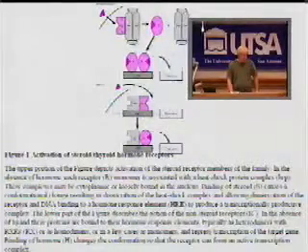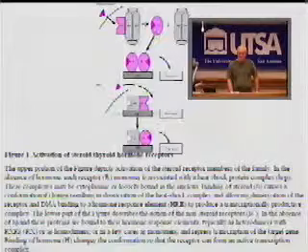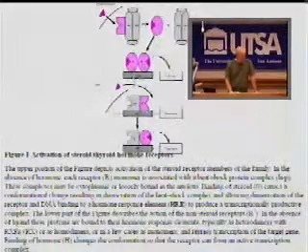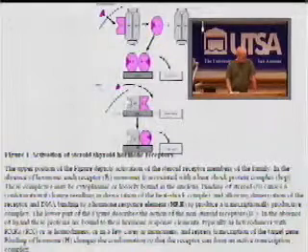Once ligated, it undergoes a conformational change. In the unligated form, it has a high affinity for the chaperone protein. In the ligated form, there's a conformational change, so it has a low affinity for the chaperone protein and lets go of it. Now it's available and, of course, has a high affinity for another ligated molecule like itself, and it can form a homodimer, and now finally can bind to the hormone response element and affect the transcription of the target gene. There's another case where these Rx receptors